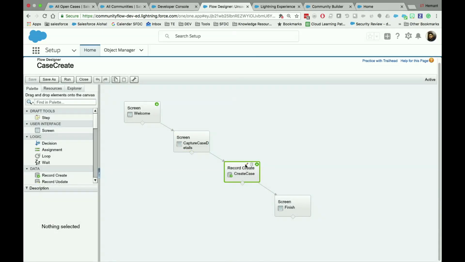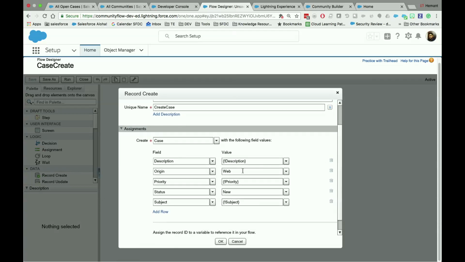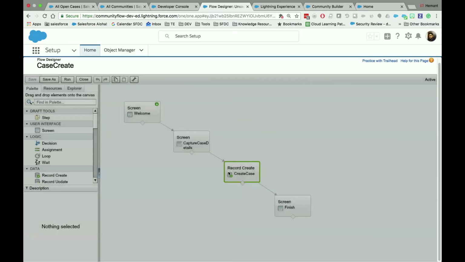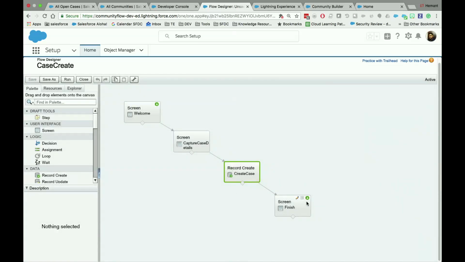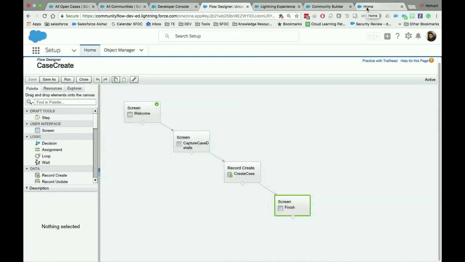The next step in this progression is to create a case. We have an element which allows you to automate and do DML statements. This particular one is for creating an object. So we can drag and drop and say, I want to create a case. And the input fields that we used in our previous step, you can use them here to assign the values to the case fields. After assigning everything, this element takes care of creating the case, and we greet the user with a finish screen. So you saw that it was a pretty simple flow, but it was very powerful to automate something